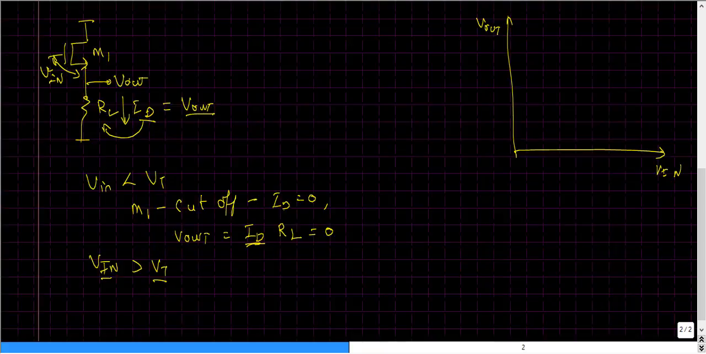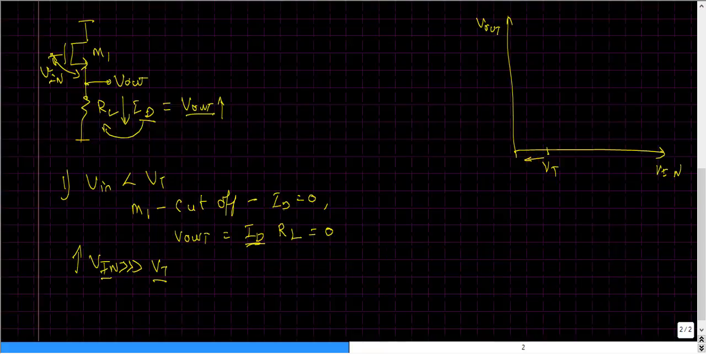And what happens once Vin keeps on increasing more than Vt? In that case, the value of Vout will start shooting up, which means that the source is following the gate terminal as we increase Vin beyond Vt. So based on this description, we can now plot the voltage transfer characteristic graph of this common drain amplifier. As stated in the first case, when Vin is less than Vt,